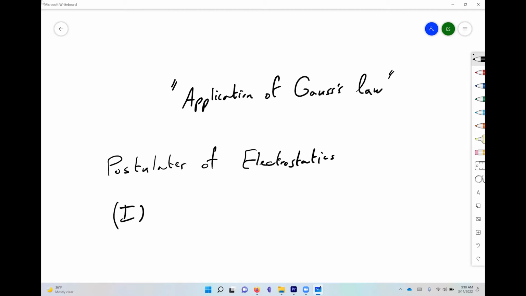Postulate one. Postulate means something that's given a priori without any proof, assumed to be something that's a fact of nature, and we derive everything from it. So there is Gauss's law, which can be expressed in both a micro form, infinitesimal form, meaning if you zoom in into a really tiny volume, or it can be expressed in a macro form, meaning you integrate over an area, over a volume. So in microstate or differential form, it is the divergence of E is rho over epsilon naught